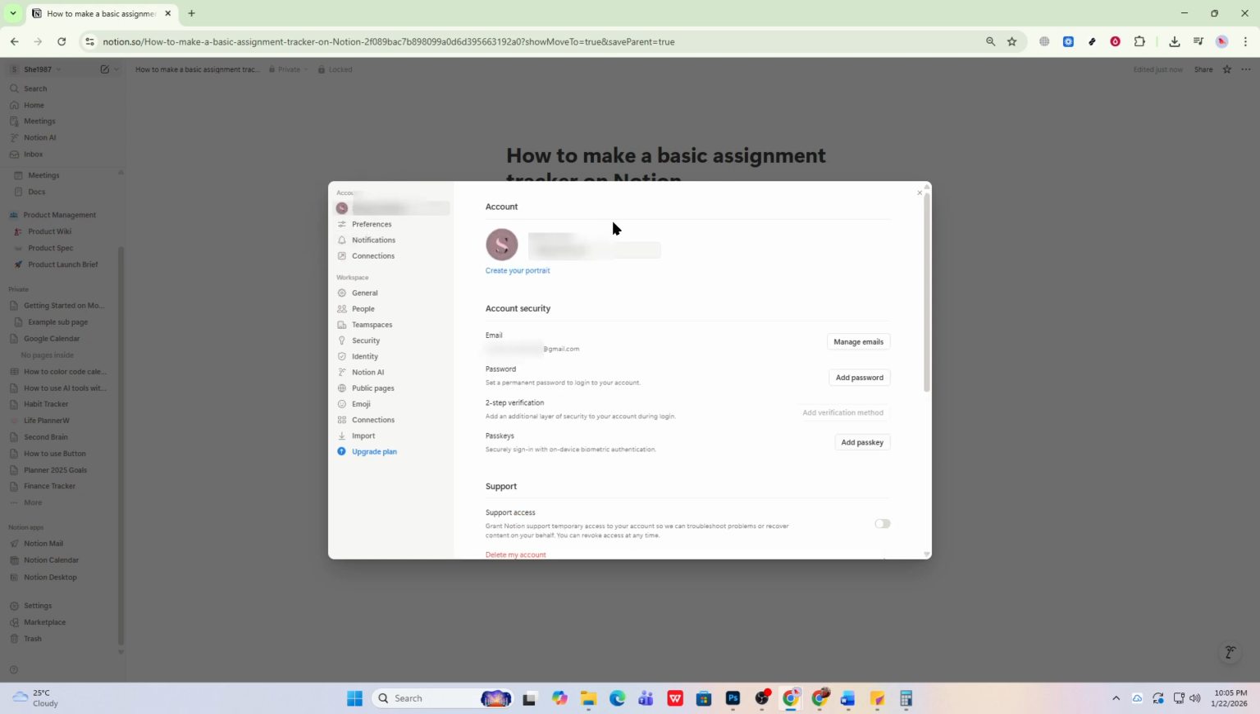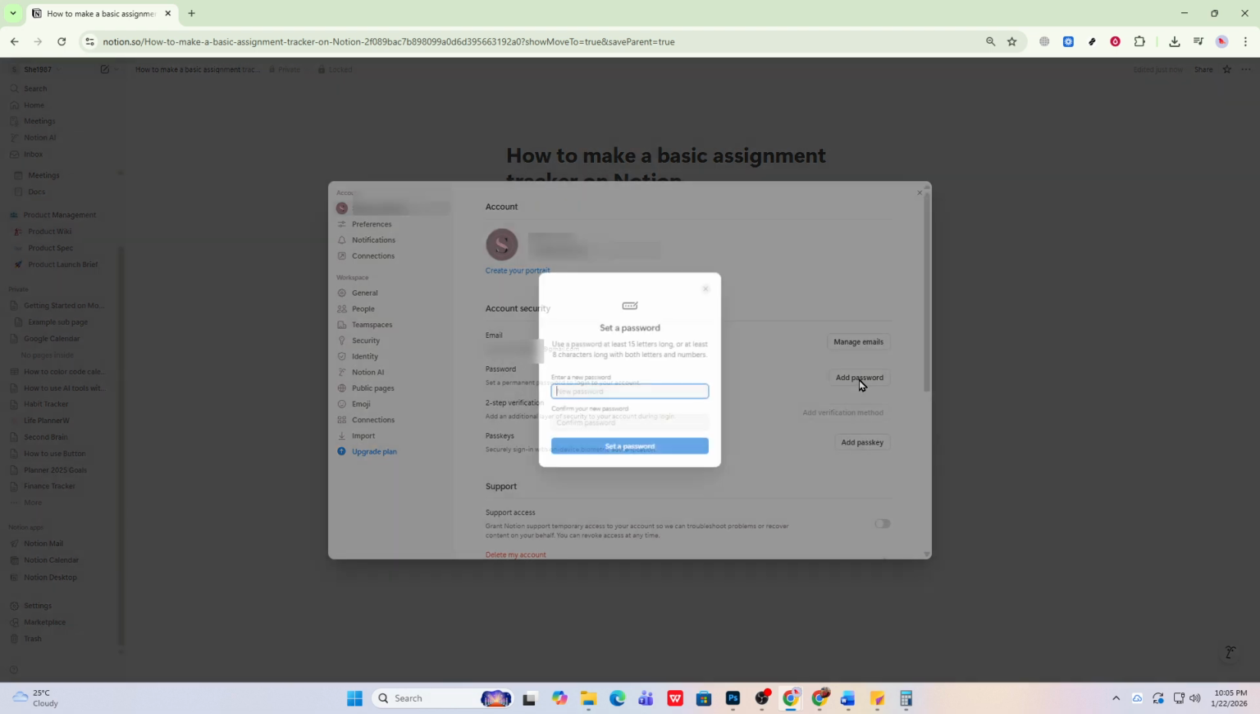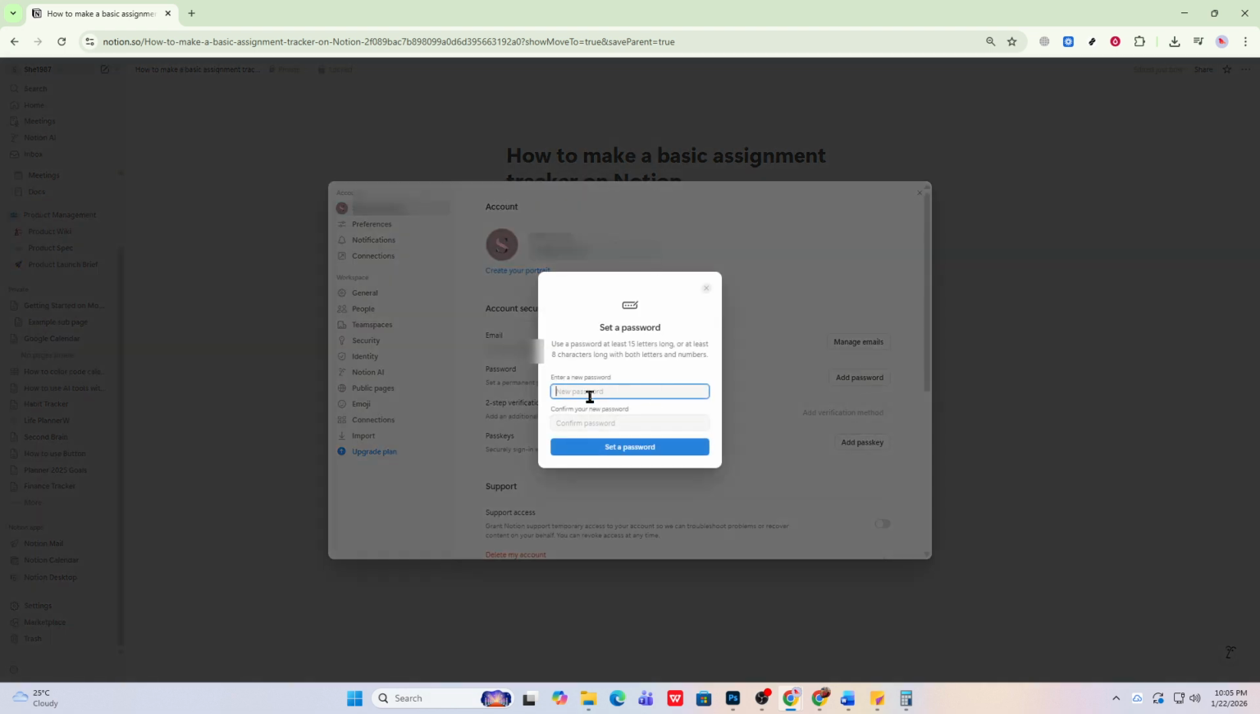Here's why these two steps matter together. Locking the page prevents anyone, including you, from accidentally changing content. It's great when a page is finalized or you're sharing it for review. Setting a password on your account protects your entire Notion workspace, including all your pages, locked or not. Even if someone gets access to your device or browser, they'll still need your password to open Notion and see